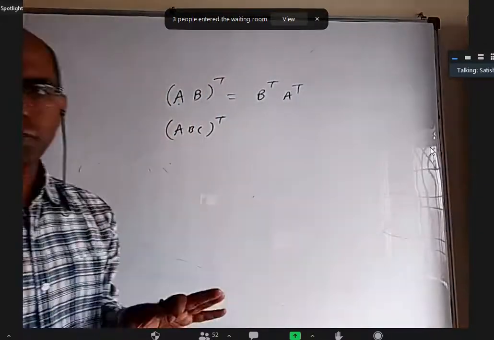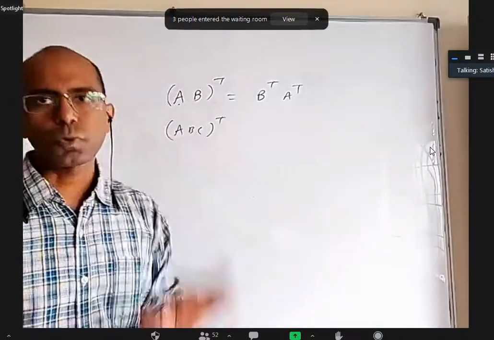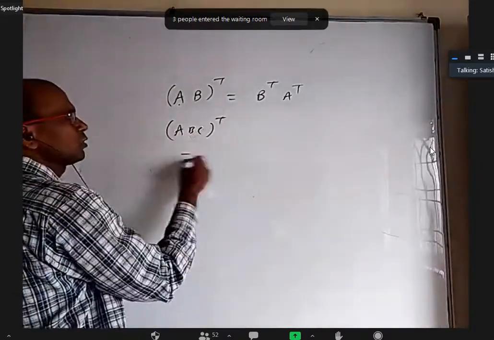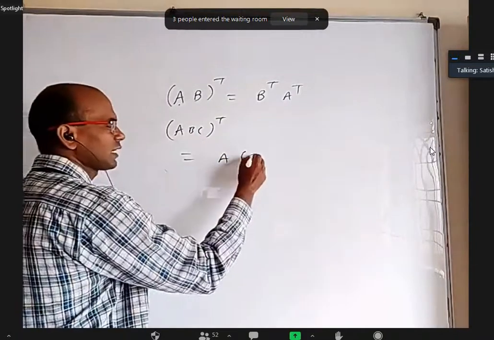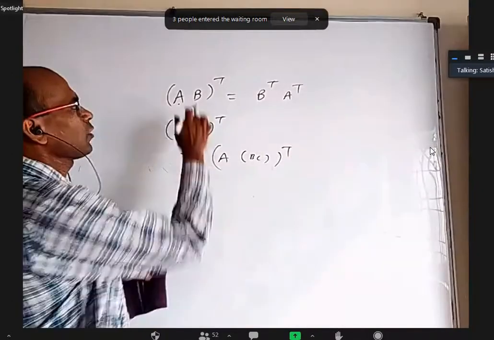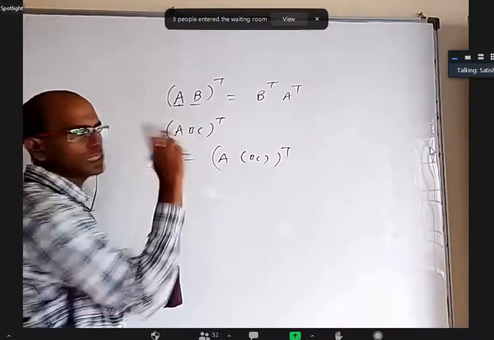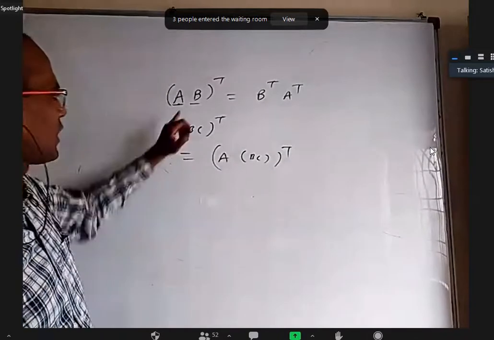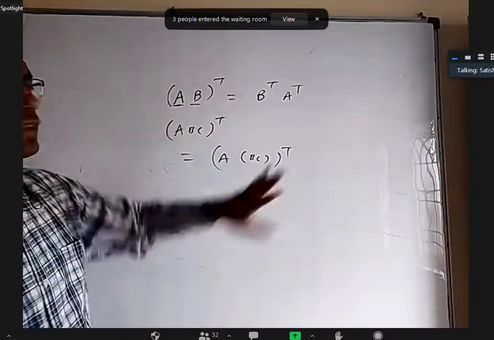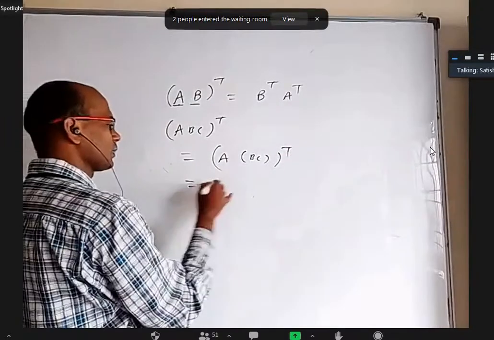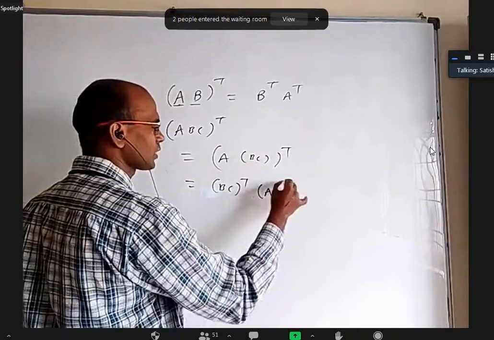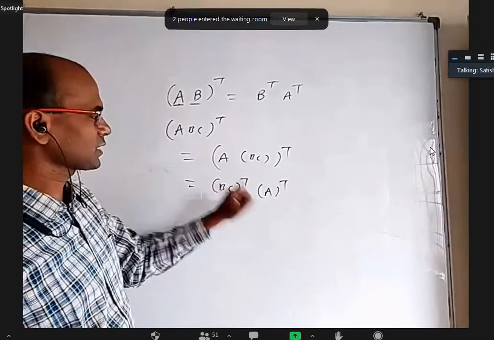See, today I'll explain some points. Tomorrow, when I start the class, I'll give the proper notes. I just want to explain informally. This (ABC) whole transpose, as multiplication is associative, I can write A into (BC) whole transpose. Now I can use this formula whenever only two things are there. I don't have any formula for three things. Whenever only two things are there, I can always write transpose of the second one into transpose of the first one. So it will become (BC) whole transpose, the second one transposed, and then A transpose: first the second's transpose, next the first one.